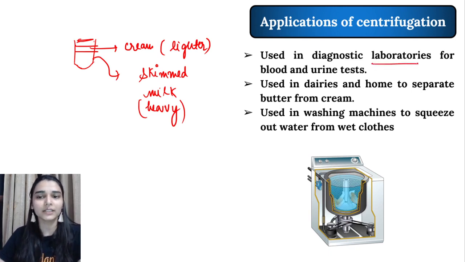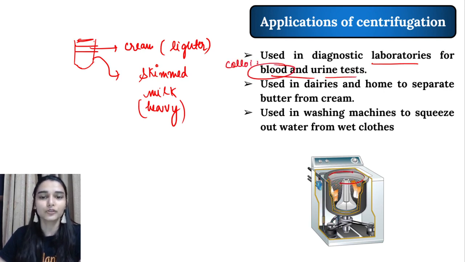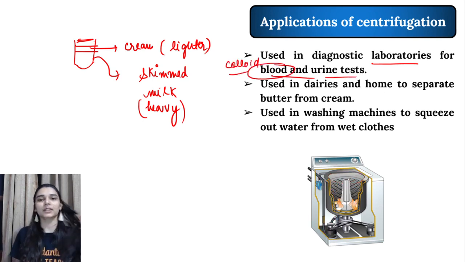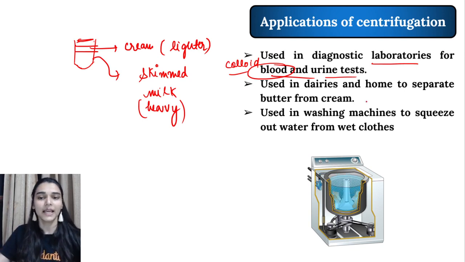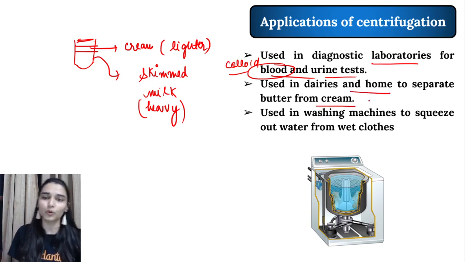We also use it in the diagnostic laboratories for your blood and urine tests. Blood, you know, is also a colloid, right? So if you want to study the concentration of red blood cells, white blood cells, platelets, then we employ this. We use it in dairies, and in homes to separate butter from the cream, and also in fact